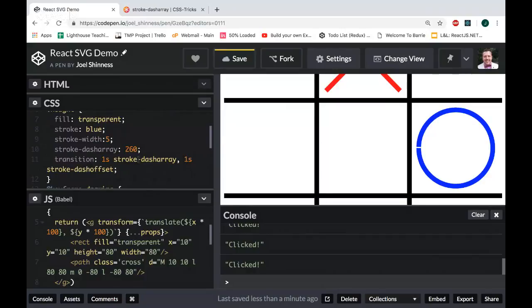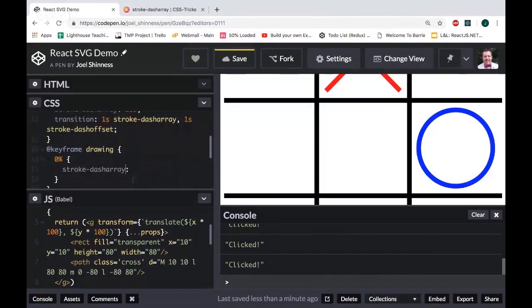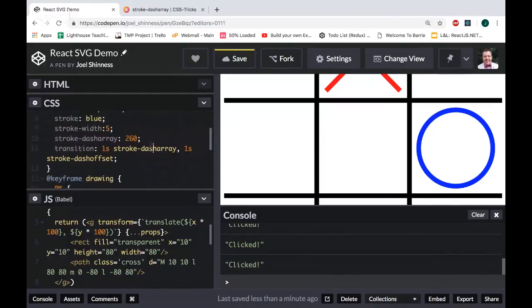Oh, 260. Okay, so if I set the stroke dash array to 260, and then set the offset to also 260, here,